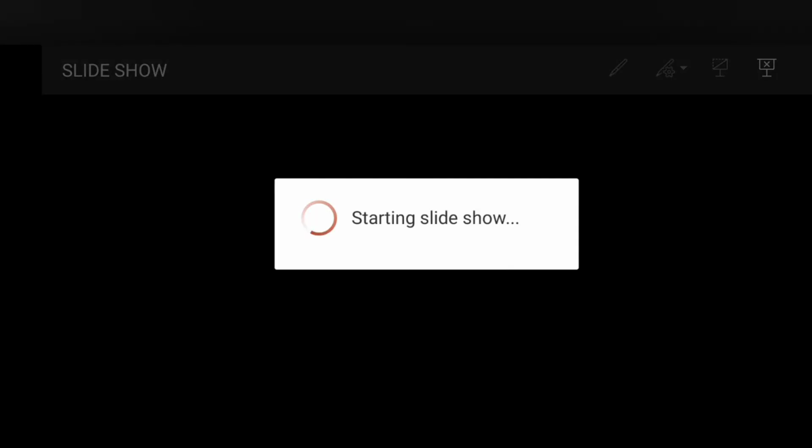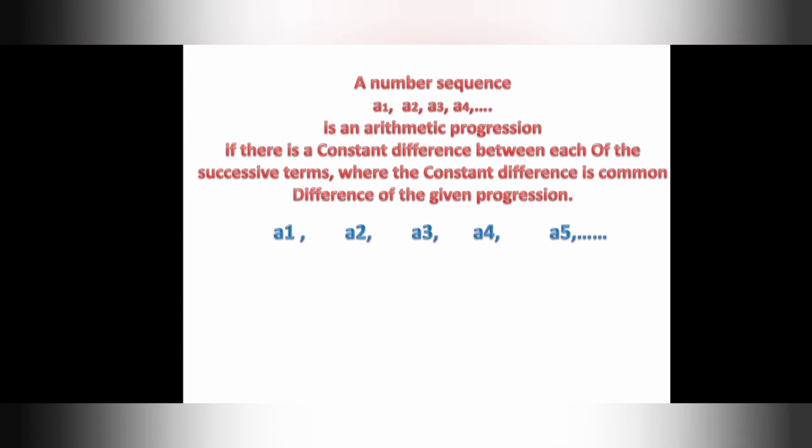So students, let's try to define arithmetic progression. We can define arithmetic progression in our own words without changing the actual meaning. Here is one of the definitions: a number sequence A1, A2, A3, A4 is an arithmetic progression if there is a constant difference between each of the successive terms.